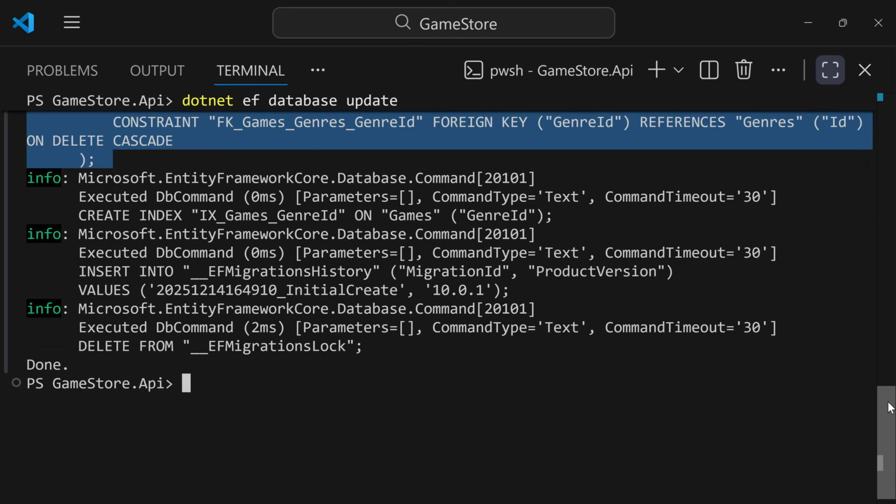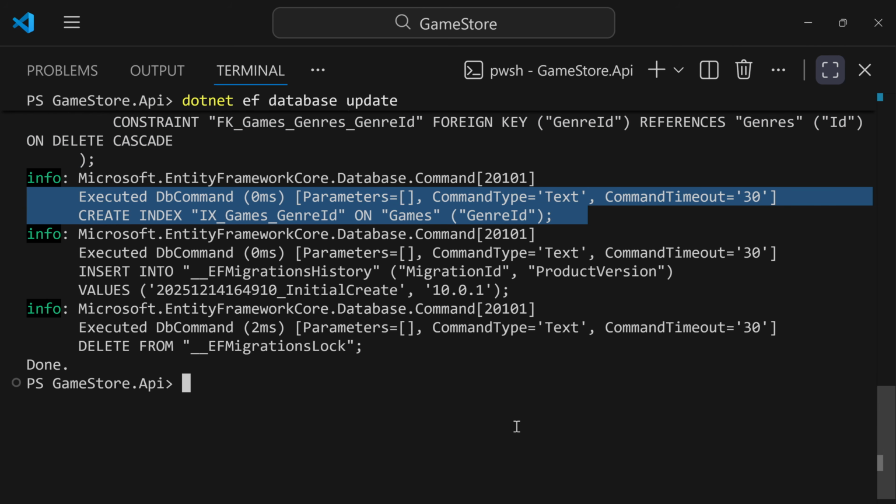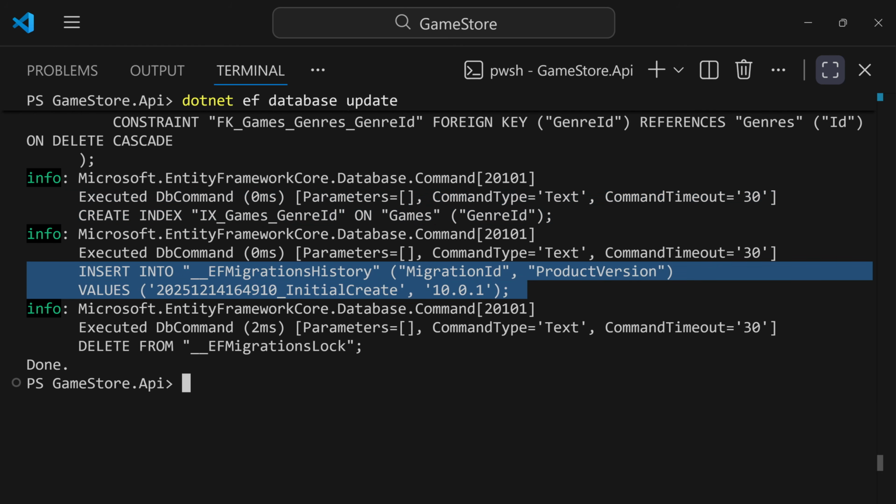And then it runs a few other commands to also apply the index, right? So the index for the foreign key. It adds our new migration into the EF migrations history table. And then it completes the migration. And because all of this executed, now we should be able to see, if we go back into our file